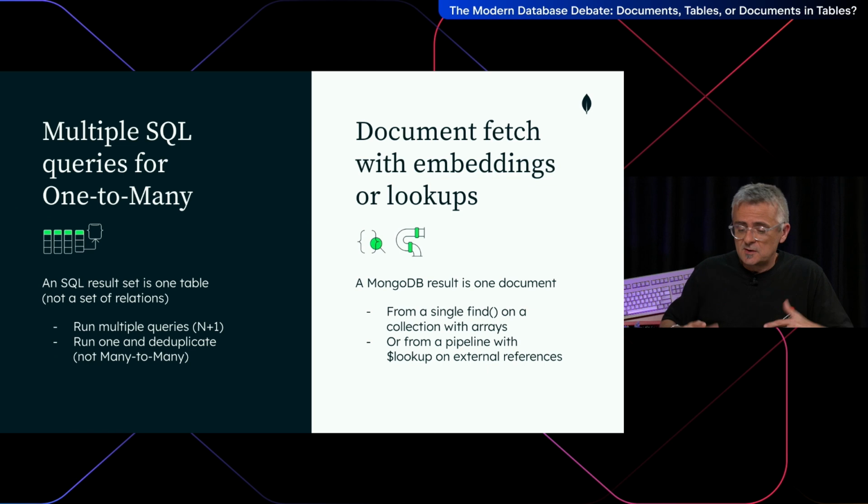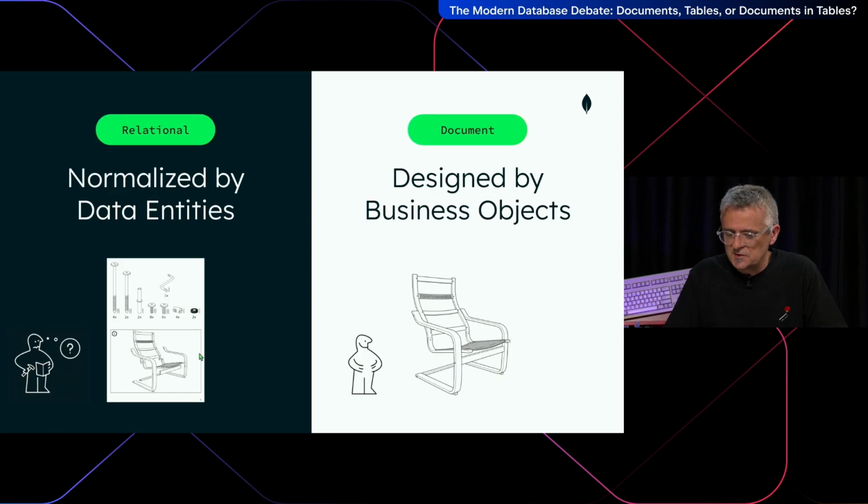And when you query, so that was when inserting, but when you query it also, ideally in a document database, you query one document and you have all the information that you need, whereas in a SQL database, you may have multiple queries or one big query with a join, and you have this decision. Either you write the SQL query that can be complex with joins, or you use an ORM, but then you have to think about the join strategy there. So it's a different way to use it.